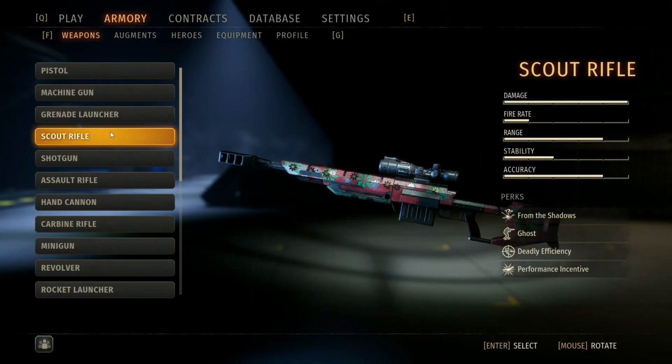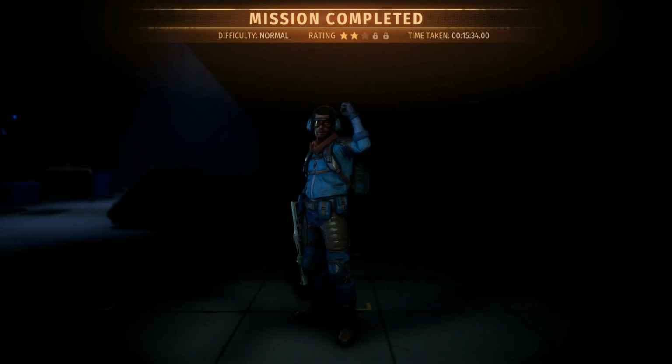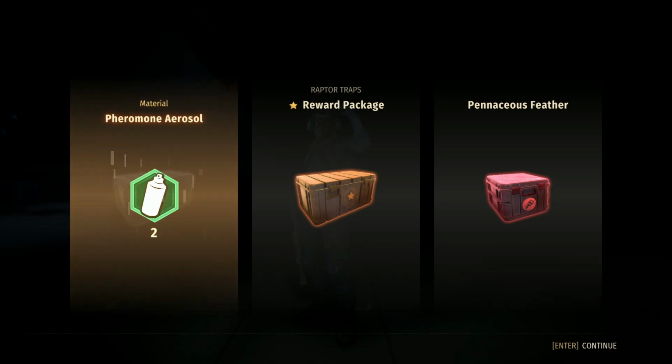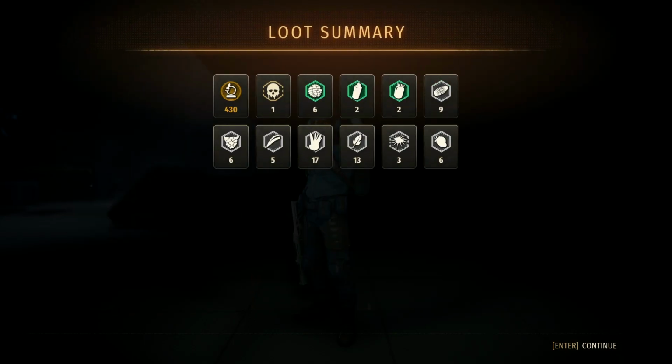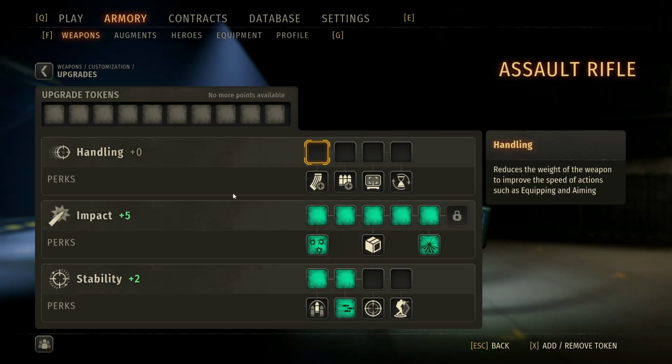As far as leveling up and cosmetics and all that, I quite like the system they got going on here. When you complete missions, open reward boxes, and kill dinosaurs, of course, you'll get research and materials, which can then be used to upgrade your weapons through a nice little set of options, with each weapon having different areas